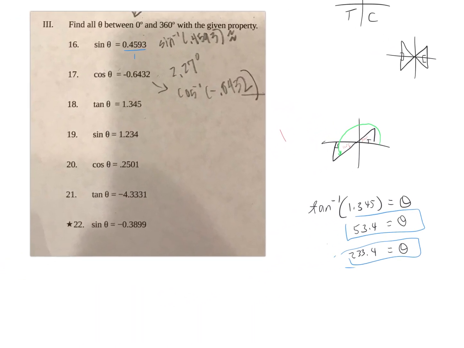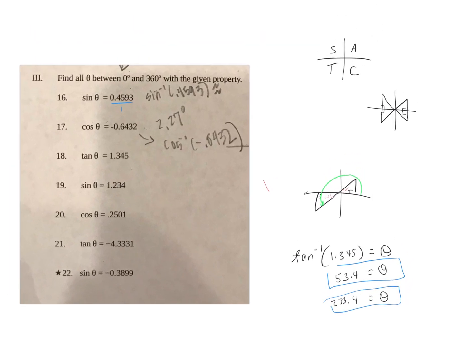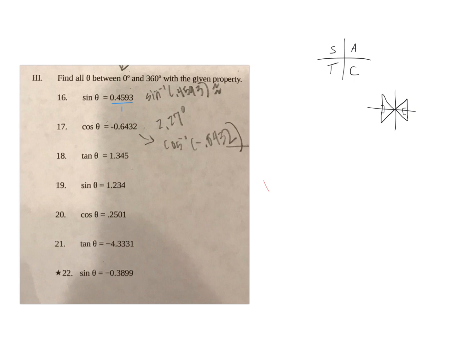Okay, continuing on. Let's see. We've got the sine of theta equals 1.234. And sine is positive here. Sine is positive here. We already did a problem like that in the beginning. So of course, we are looking at either this triangle or this triangle. Let's go ahead and use our calculator. Inverse sine of 1.234. I think this might be undefined, but let me just double check. And that equals theta. So when I plug that into the calculator, I get